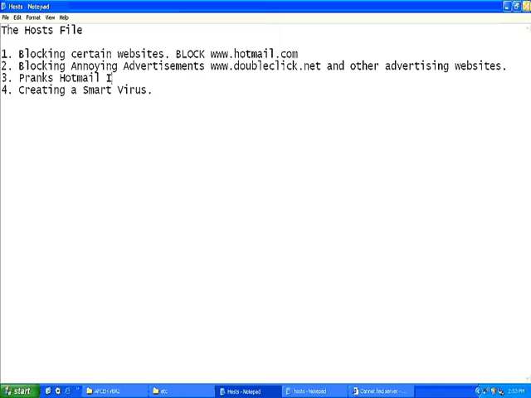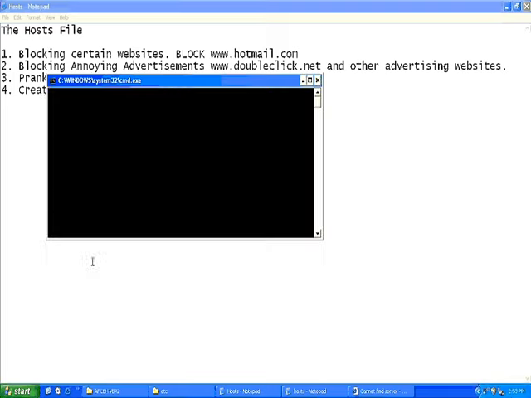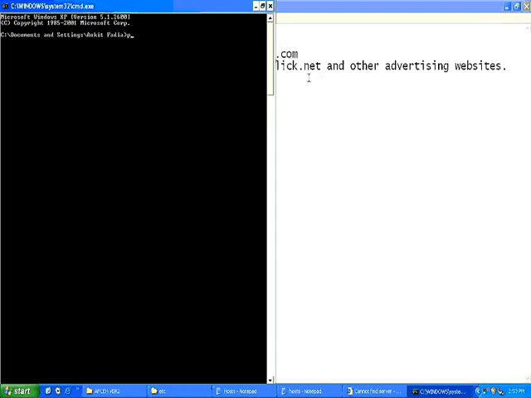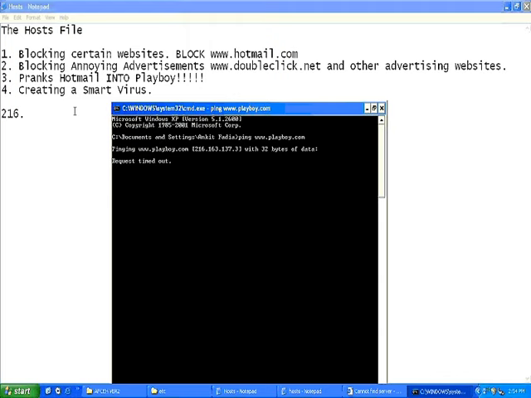Pranks. What if you wanted to sort of display playboy.com each time somebody types hotmail.com on your computer? All you need to do is, first of all, find out the IP address of playboy.com. So I open up MS-DOS, type ping playboy.com, and the first line gives me the IP address of playboy.com. So let me quickly write it down,